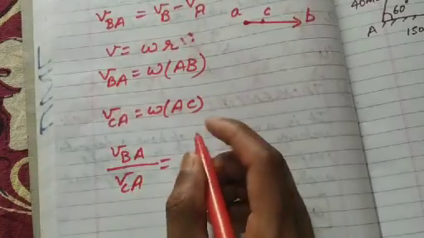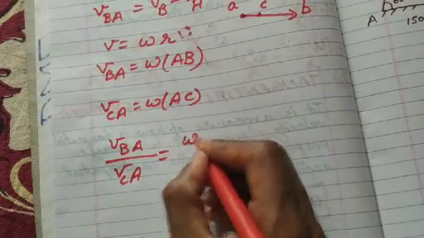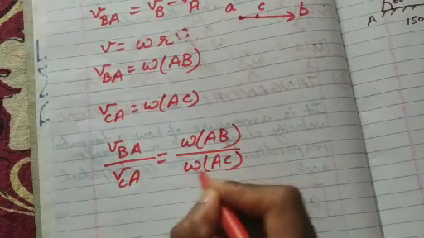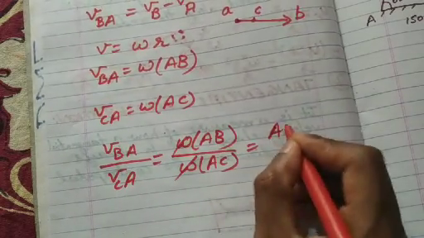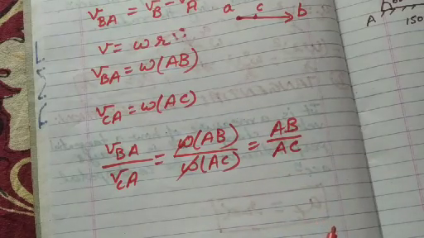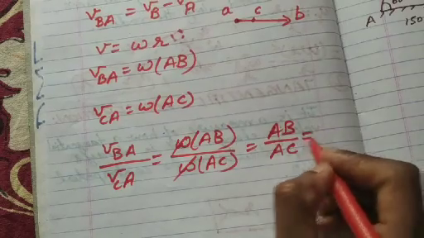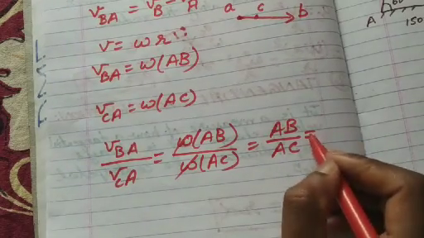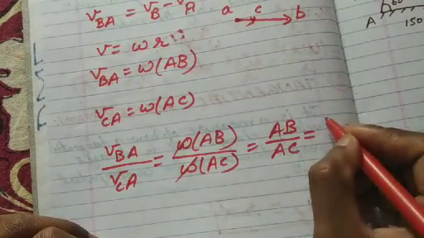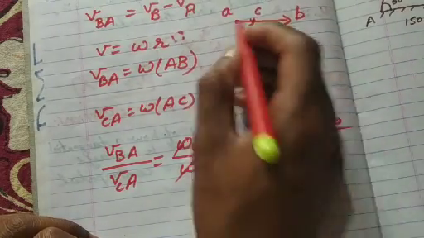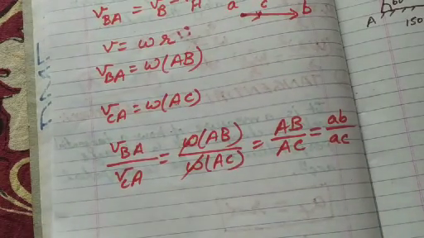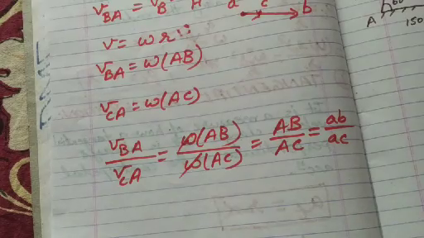VBA is given by omega AB, and VCA is given by omega AC. Here omega cancels, and we get AB by AC. This is the ratio. Also we can represent it as small a small b and small a small c. In this manner we make use of our